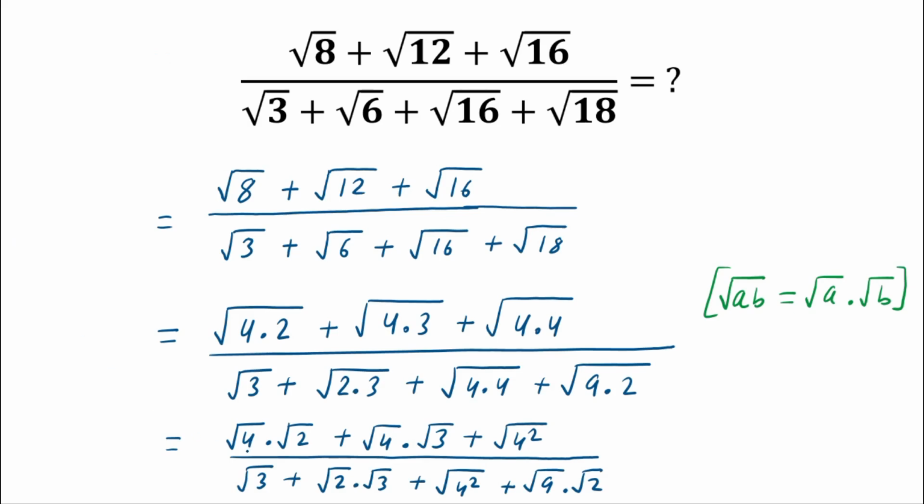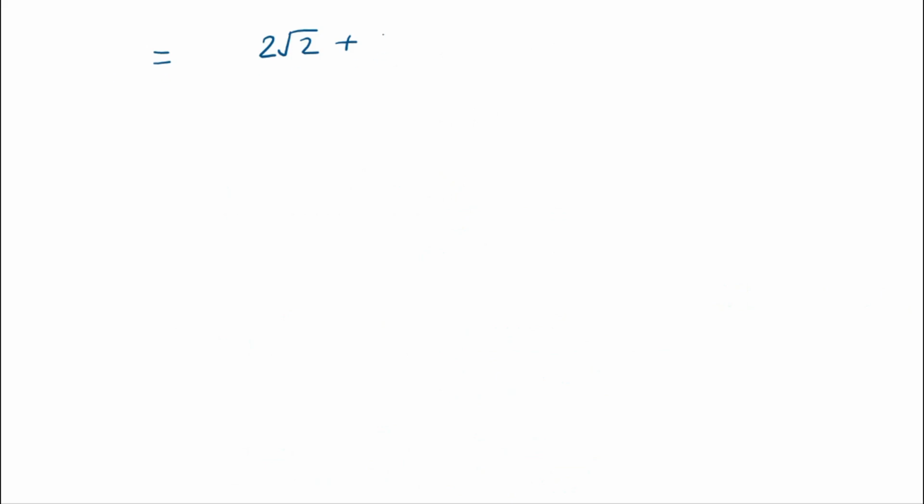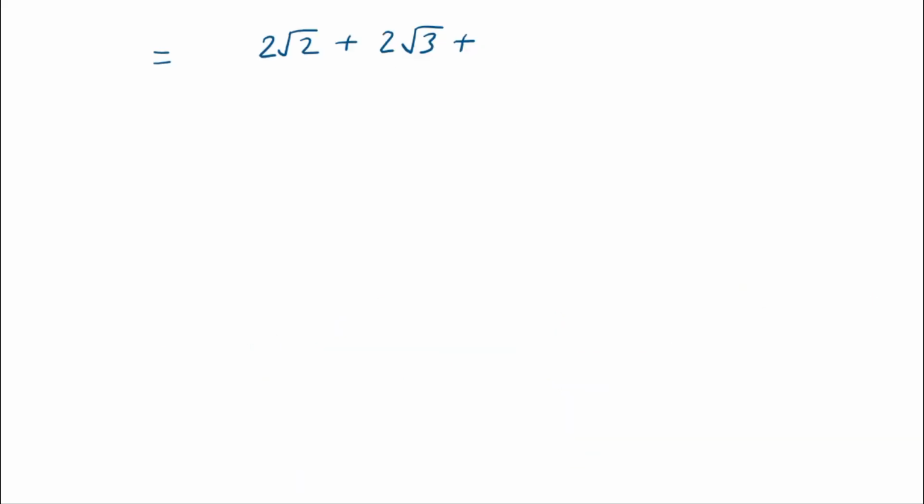Square root of 4 is 2, so this is 2 times square root of 2 plus, square root of 4 is 2 and here square root of 3, this is 2 times square root of 3 plus, and here the square root is cancelled out by this square, then you will get 4, plus 4 and divide by,